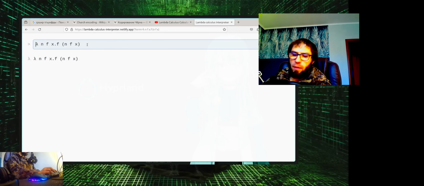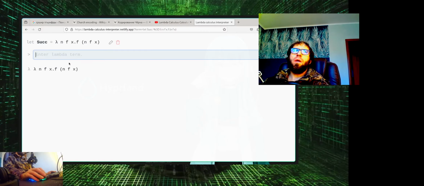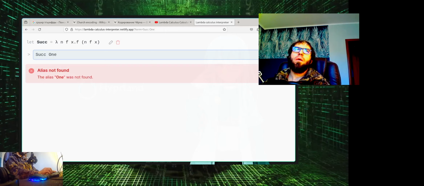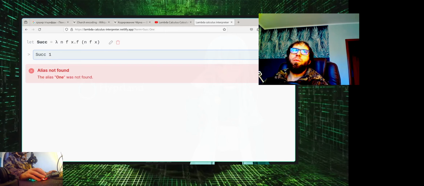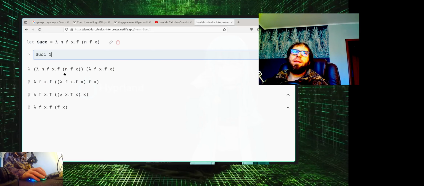Okay, and this will be the successor function. Now let's try to build a successor of 1. Alias not found because it represents like this, I think. Yes. So you can see here that